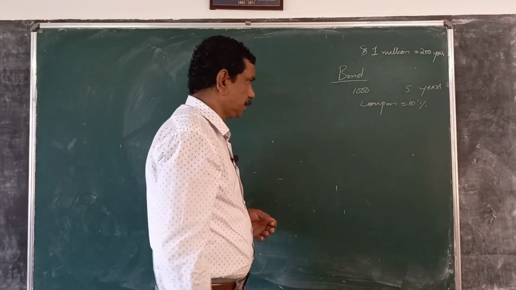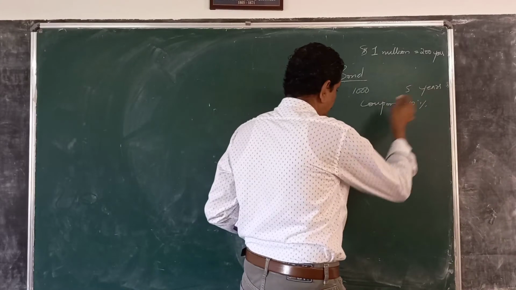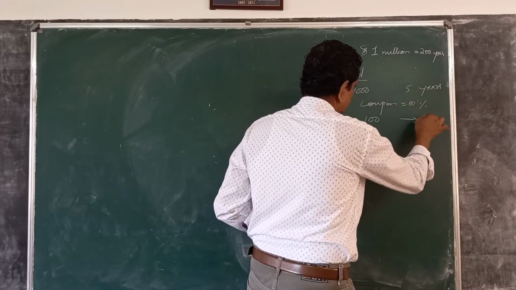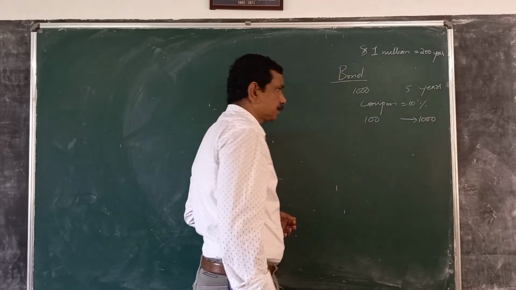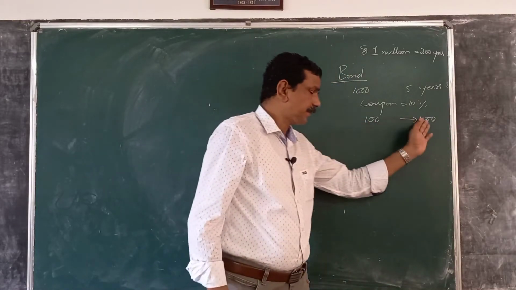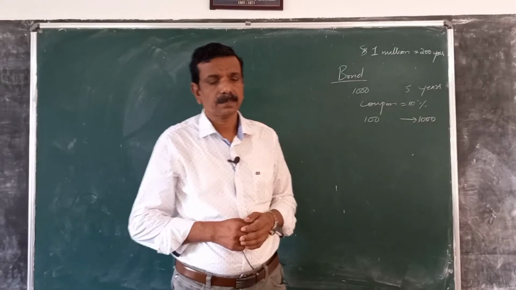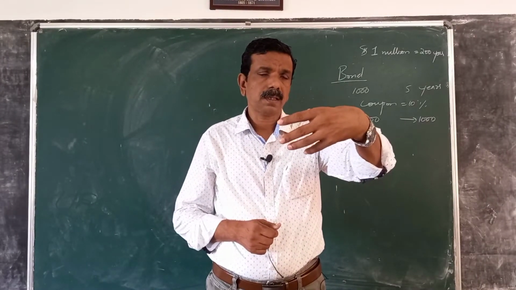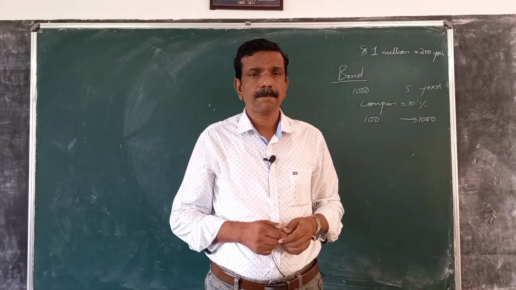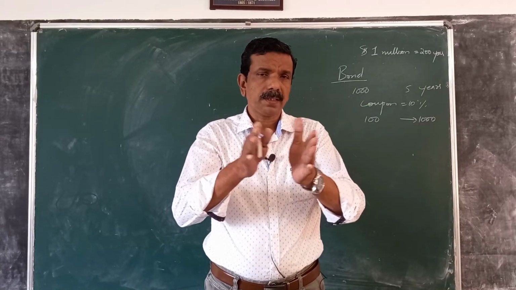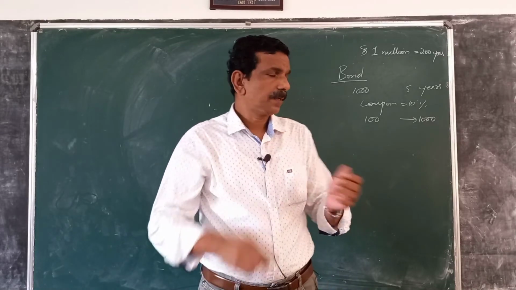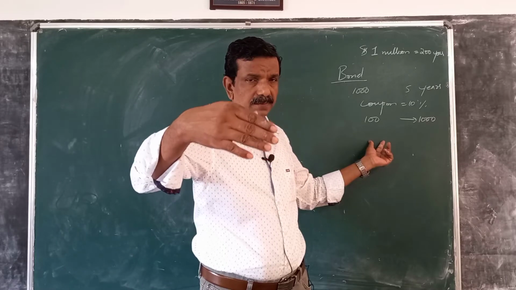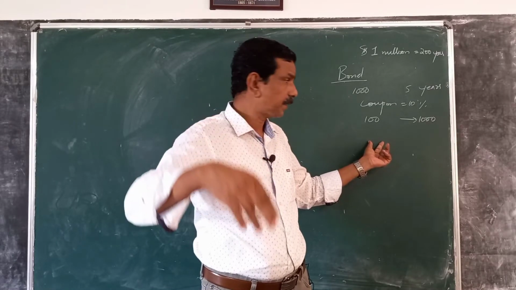Coupon 10% means by the end of every year you can collect 100, and after 5 years you will get 1000 also. So in the case of a bond having a specific maturity, you are entitled to a claim at the end of every year. After 1 year 100, after 2 years 100, 3 years 100, 4 years 100, in the 5th year 100 plus